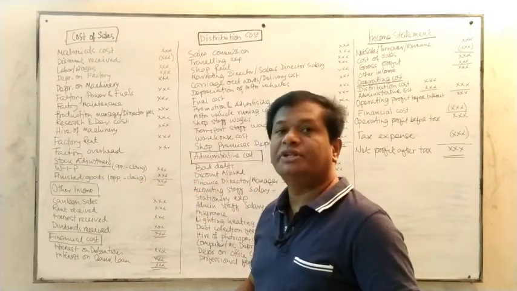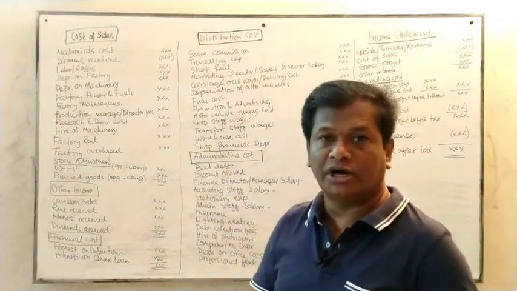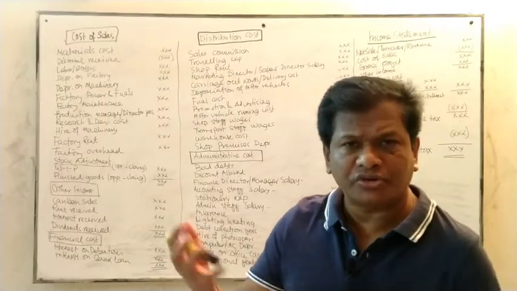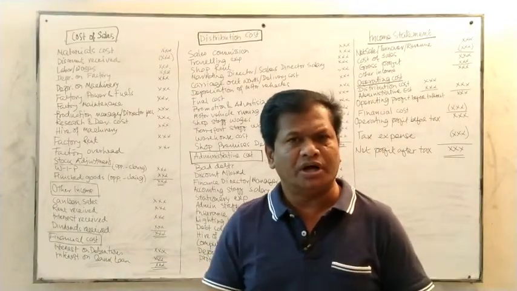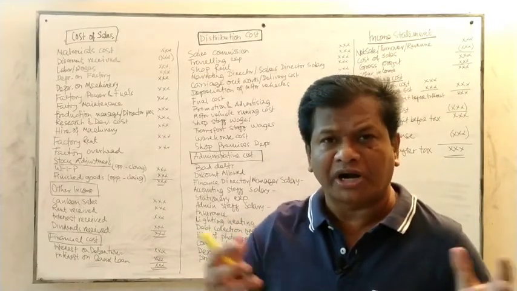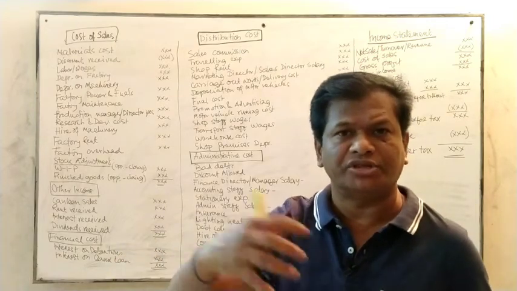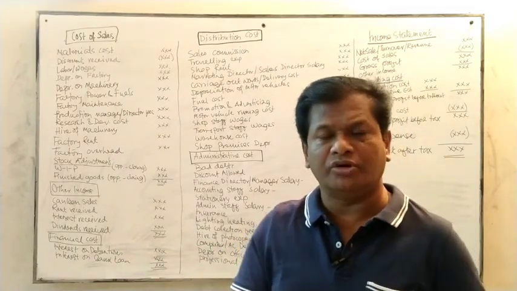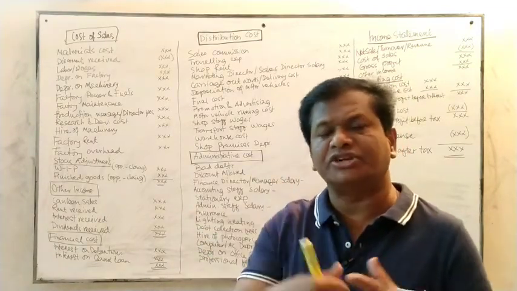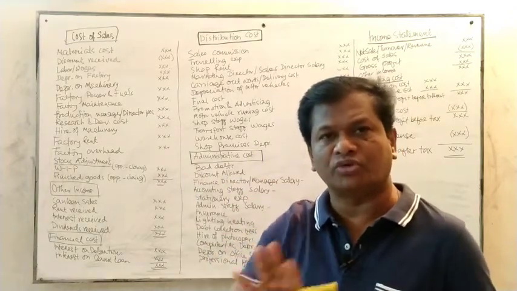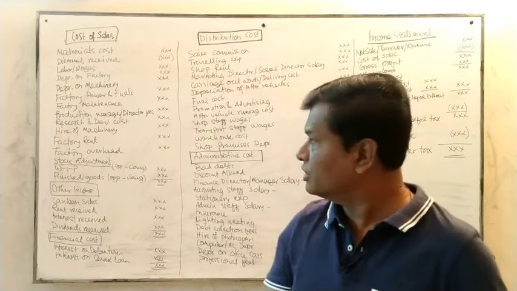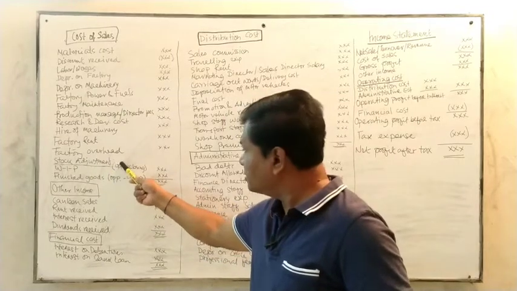Then stock adjustment. This is one of the complicated items for any student. What is called stock adjustment? A stock adjustment may be work in progress or partly finished goods. They have the stock, the opening stock as well as the closing stock. Maybe the inventory, one of the stocks, also has opening and closing. So the adjusted figure, the opening minus closing, the figure you got, is the adjusted stock or adjusted inventory. So here stock adjustment is written.